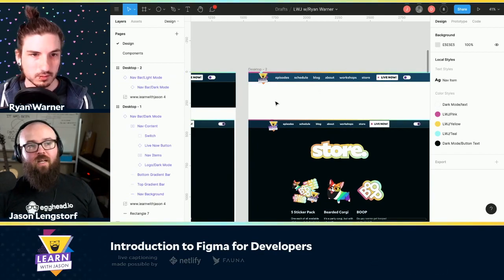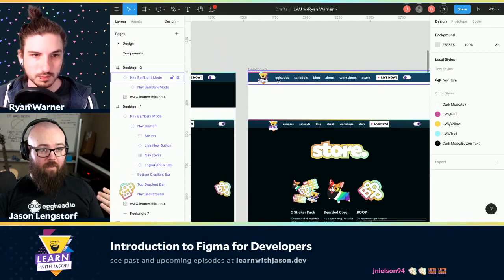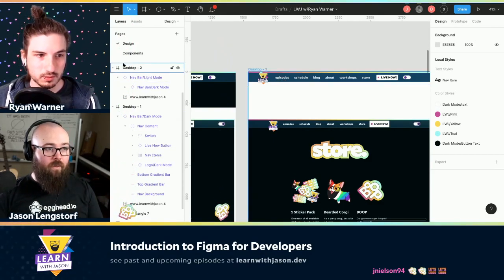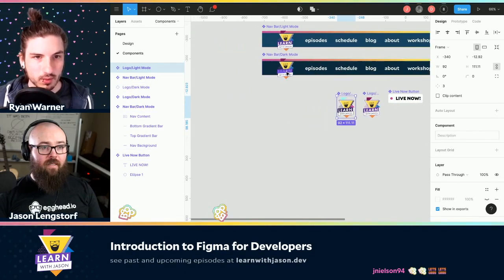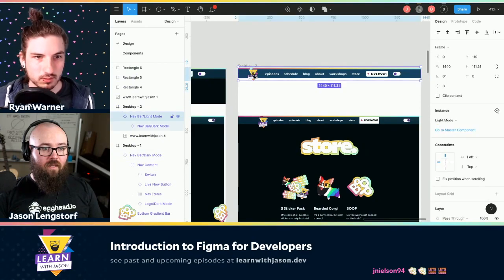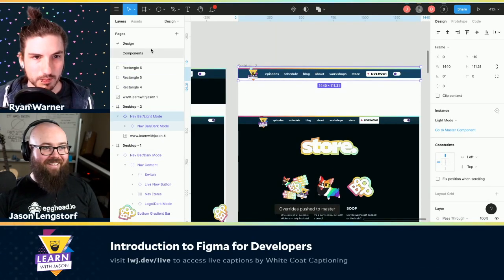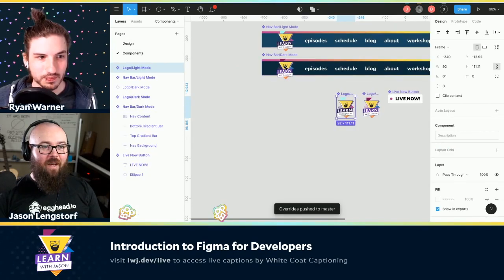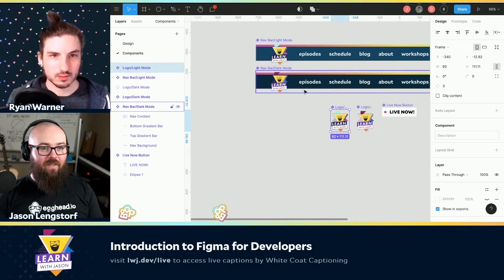It's incredible because if you noticed, I changed out the light mode and the dark mode. Let me double check that I did that over here as well. I didn't. So what I'm going to want to do then is push my overrides. I'm learning so many things. And so there it is. Now we've got our light mode logo and our dark mode logo.